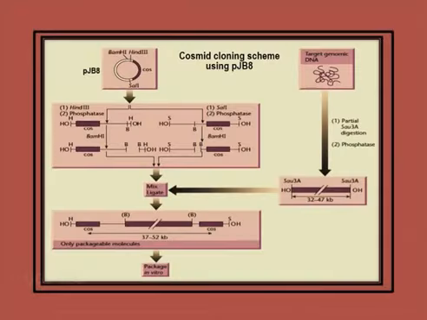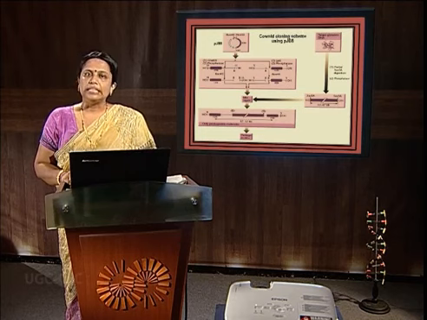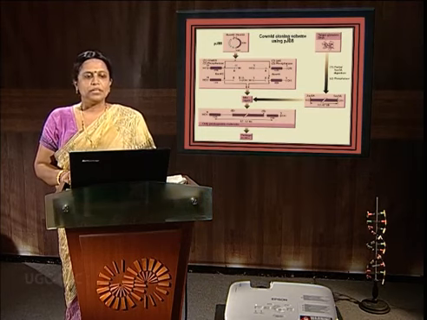This entire package, called a cosmid, is packaged in vitro using lambda packaging extracts, and it infects the host cell by means of infection. Once it gets inside the host cell, it behaves like a plasmid. So, in cosmid cloning, instead of looking for the clones inside the bacteriophage plaques, we will be looking for the clones in the bacterial colonies. As I said, once they get inside the host cell, they behave like plasmids.